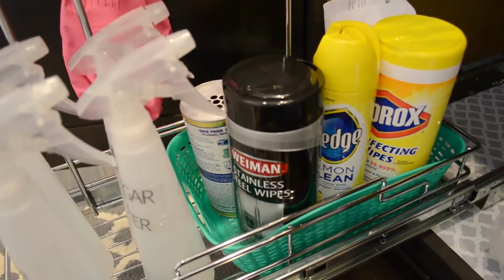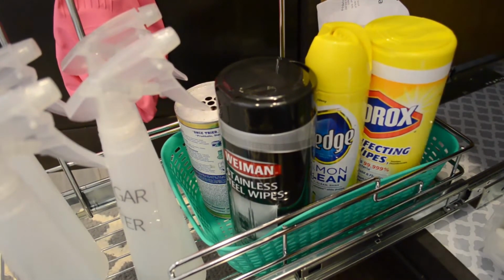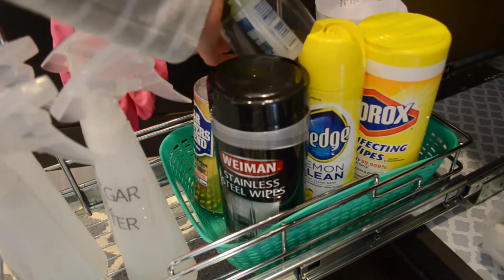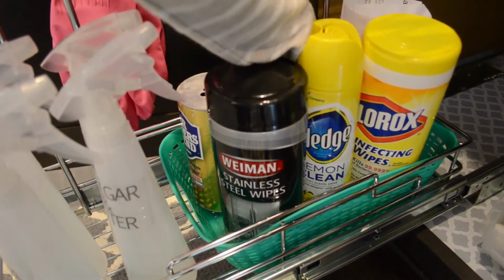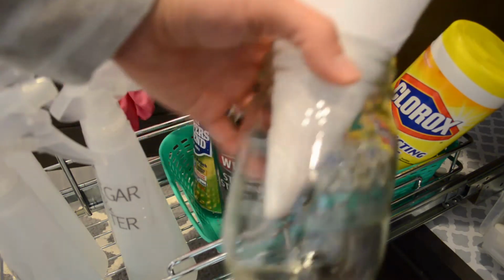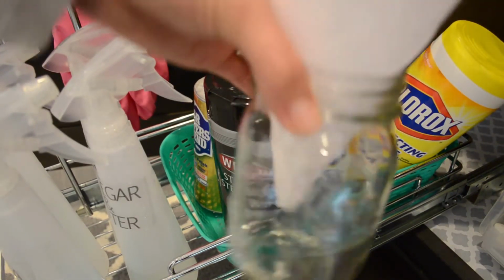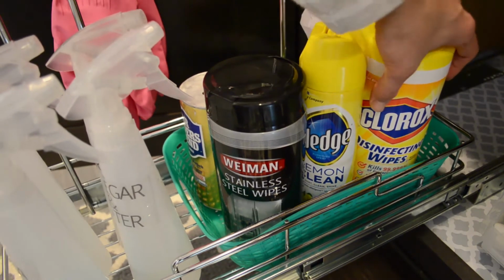So in the back, I have my favorite stainless steel wipes, some Pledge just in case we need that, disinfecting wipes, and on this side we have Barkeeper's Friend for the stainless steel sink and stuff, and then I have our fish little container when I need to clean the fish tank, and this I always keep together, and this is for fruit flies and gnats, and just want to make sure that I don't drink out of this glass because it does look like the other mason jar containers that we have. So I always just keep it down here with the little funnel because it fits perfectly in there and it does such a great job. I keep those together,